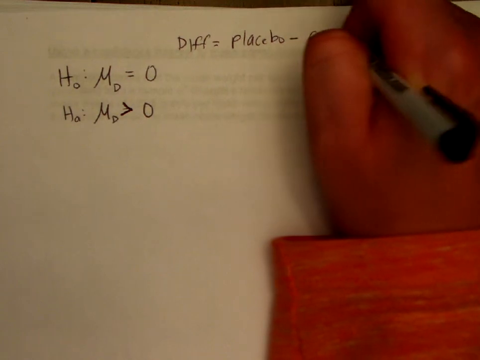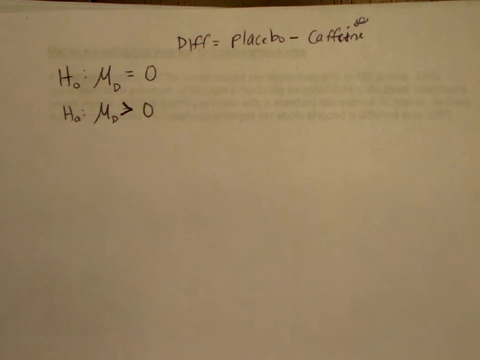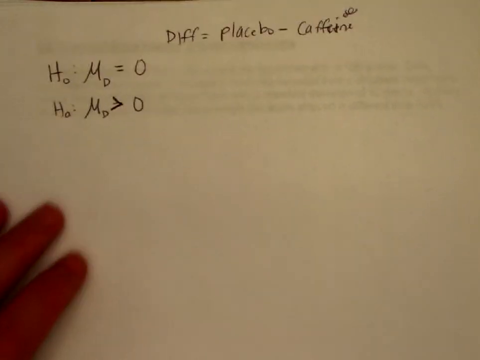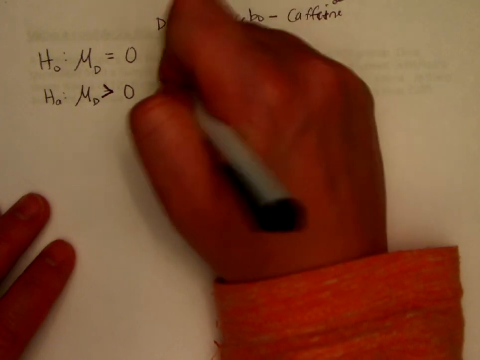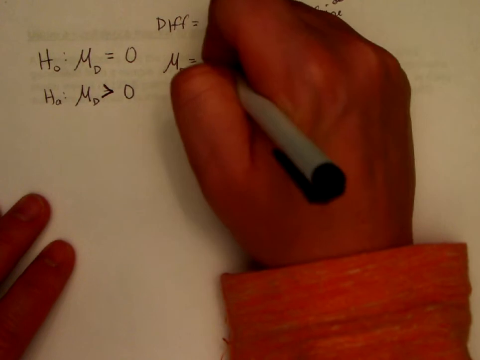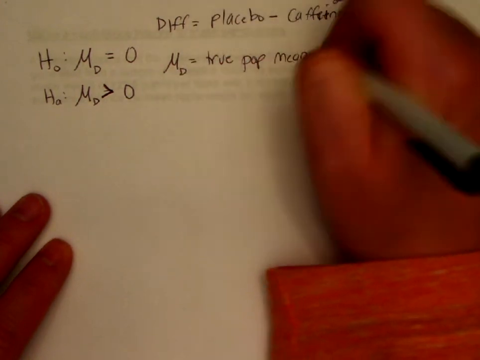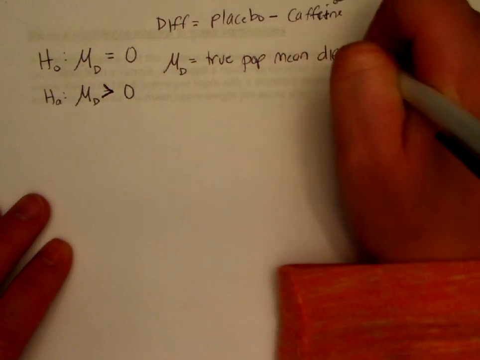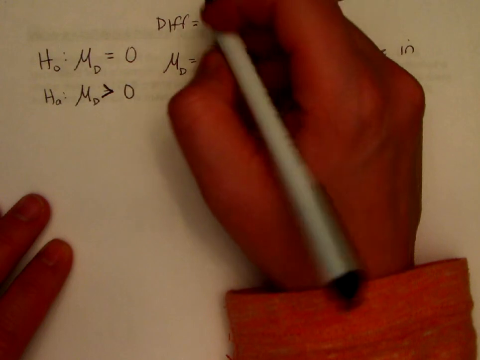This is actually EI. NE. Okay. Placebo minus caffeine. Anyways, let us define our population parameter. So the mu of the differences is the true population mean difference in depression